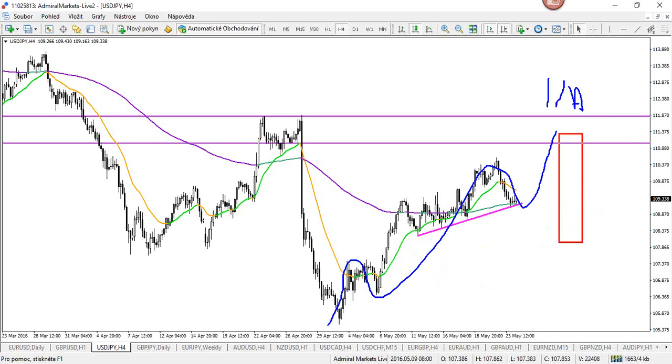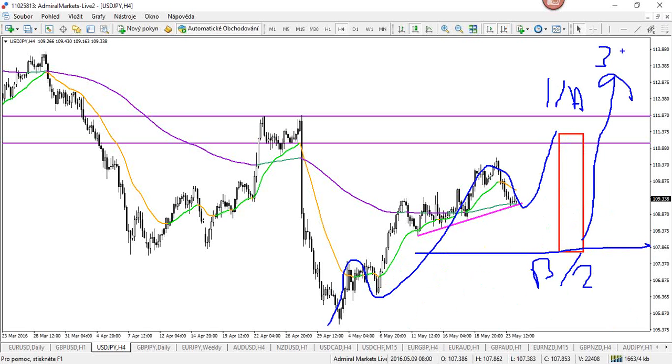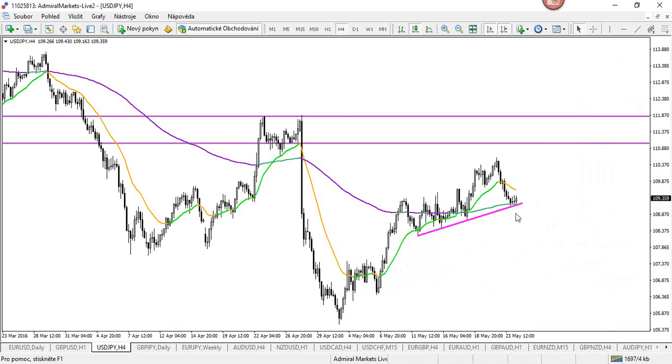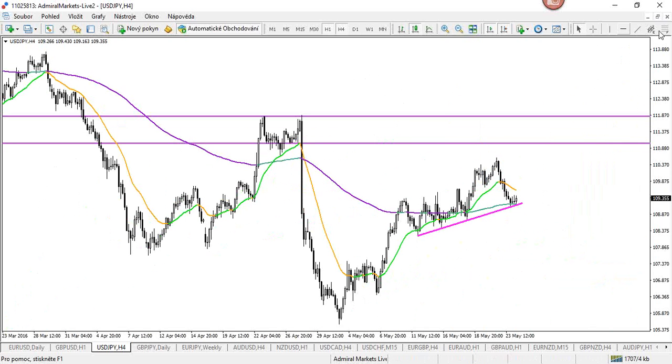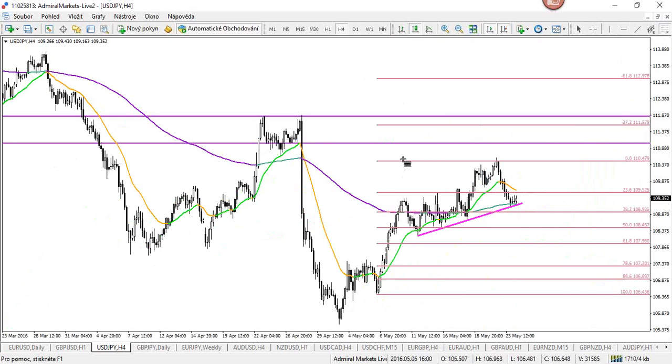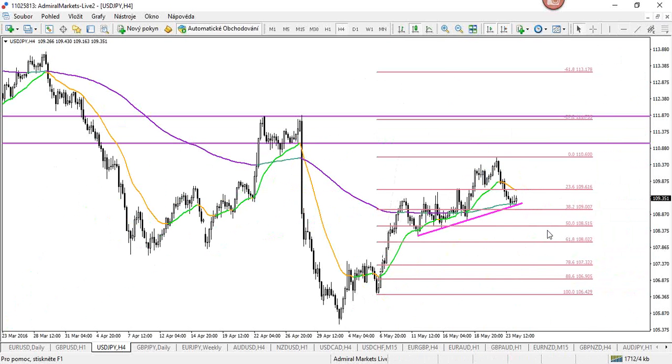So we would expect an ABC for B or 2, and then we should expect a bounce for that 3 or C, which means it became a bullish pattern, right? So that's why it's interesting to see what's going on. So at the moment, I'm bullish on the dollar yen, and I'm expecting a bounce either here or at the 50 fib. From my perspective, I don't like using stop losses below the 50, like below a 50 fib, but in this case, it makes sense. It's my validation level,